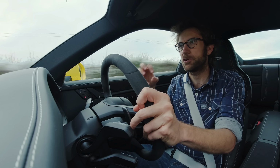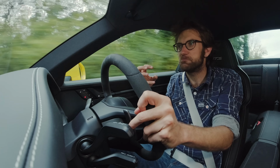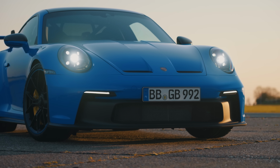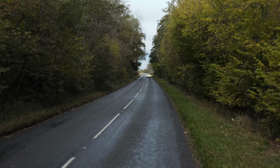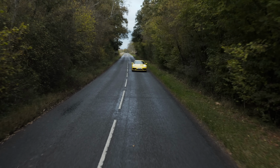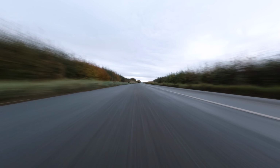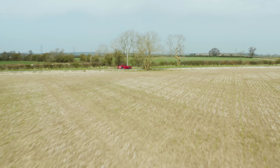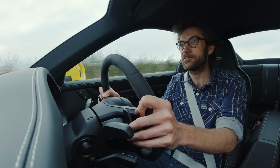Now, I've seen a lot of people wondering whether a GTS could in fact be a replacement, an almost better everyday GT3, and I don't think so. Certainly not in this spec of car. So this is the Carrera 4 GTS, and we've just got the rear wheel steer and things like that. But to me, it sort of makes the Turbo redundant. No, you haven't got the huge power and torque of the Turbo, but this is certainly quick enough. 3.3 seconds to 62 miles an hour